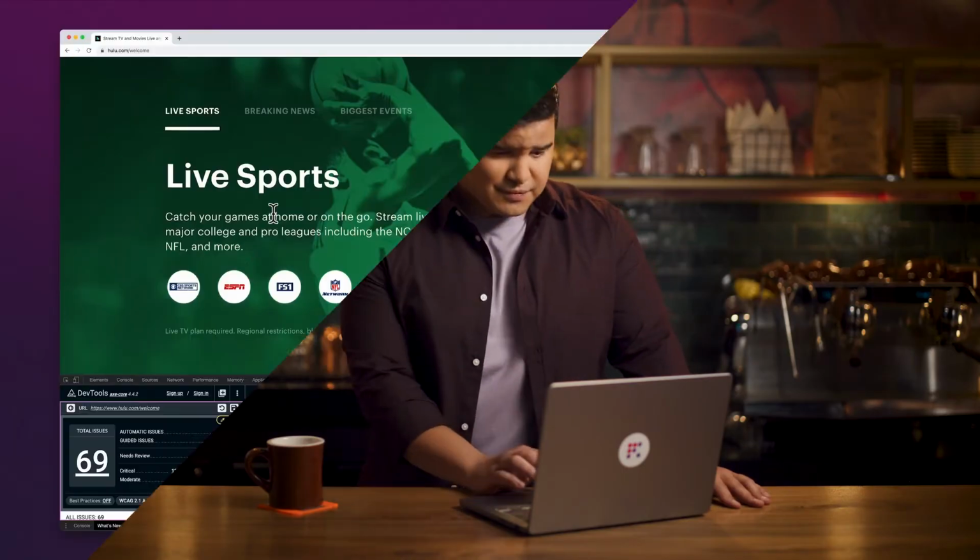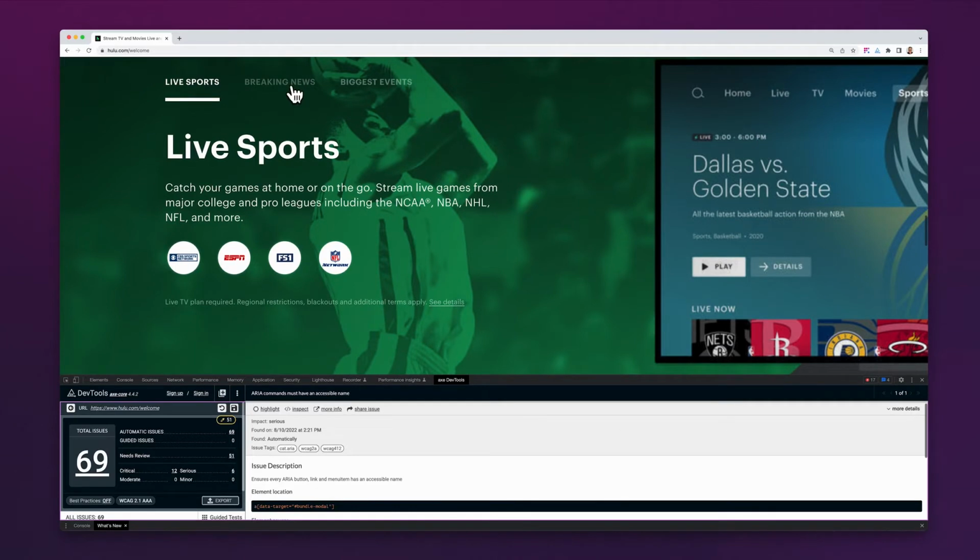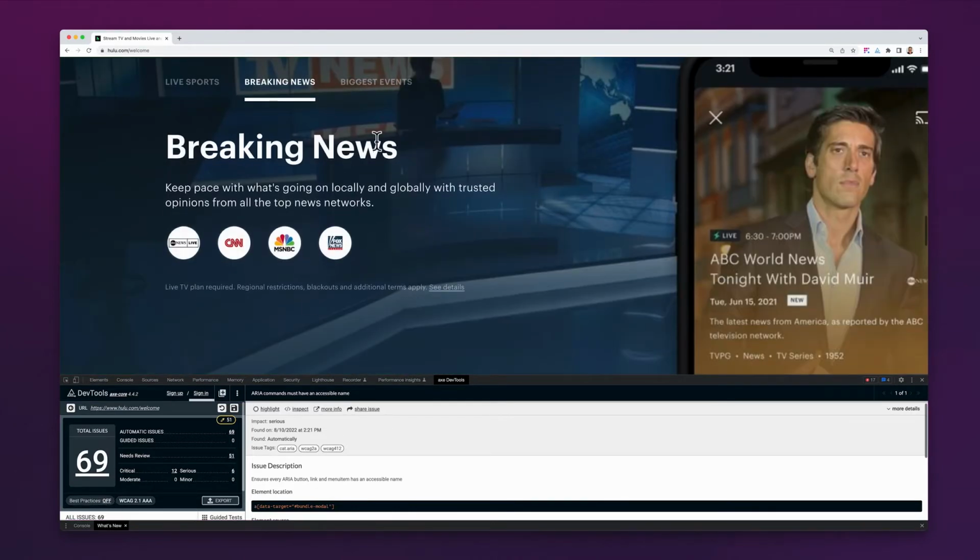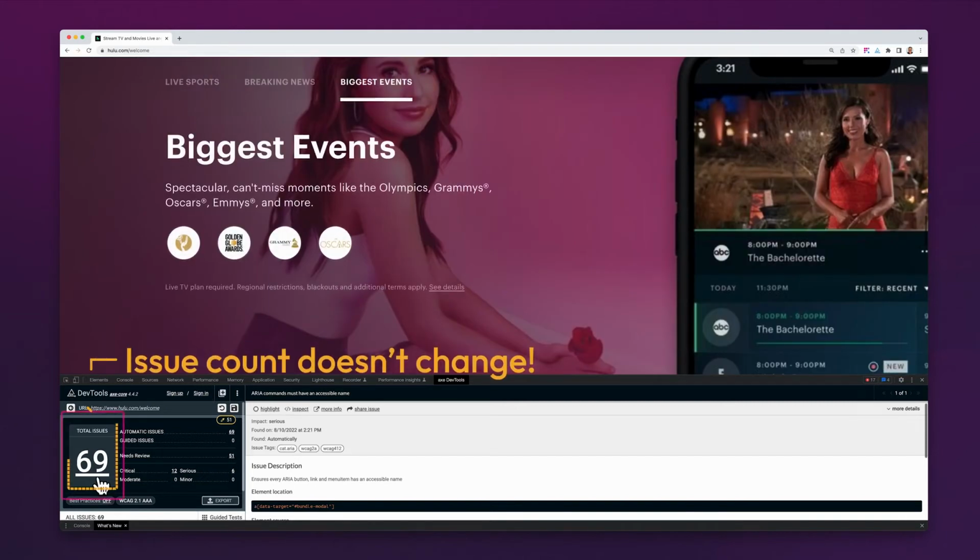Like this. Here's a great website. I just ran a scan for the page and now I want to see if there are any new problems surfacing when I click on this section here. So first I have to save a report for this first scan. Then I click the tab, and then I'm supposed to run a new scan and get another report. And then I have to manually deduplicate all those bugs. Man, I'm tired already. Lucky for me, there's a better way.